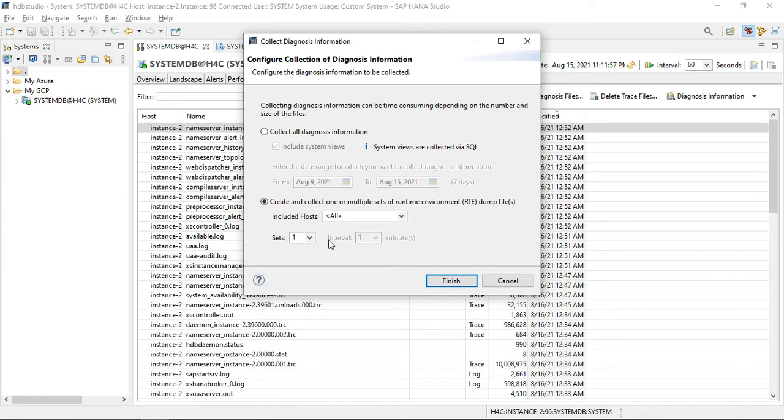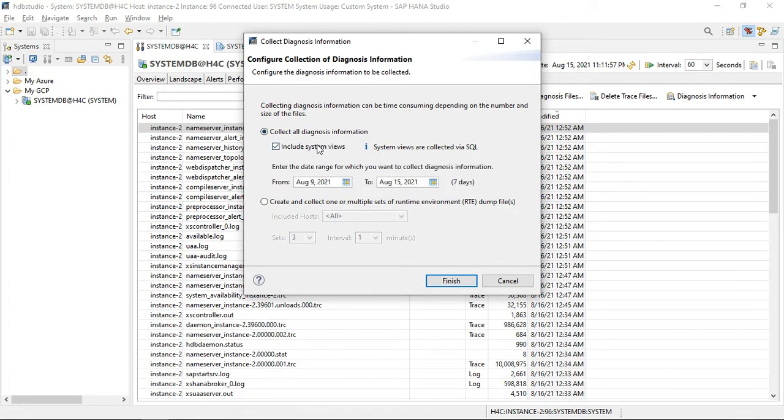For example, including host, select the host and take a set. For example, I want three sets of dumps, and you can select how many minutes or hours here. If you select one, it will collect three sets every 1 minute, and these dumps will be helpful for understanding or analyzing the issues in HANA. Many times SAP will ask for this, and you can also collect these dumps for your analysis.